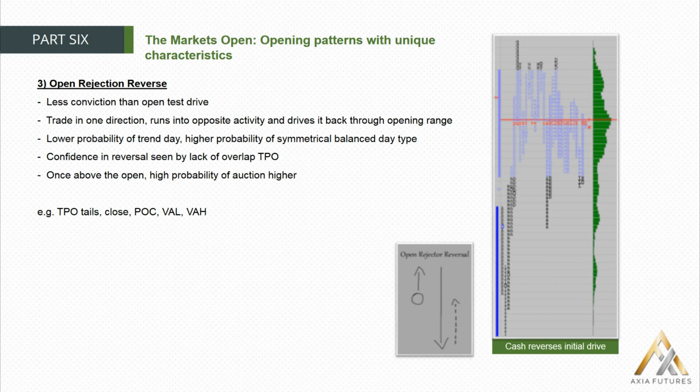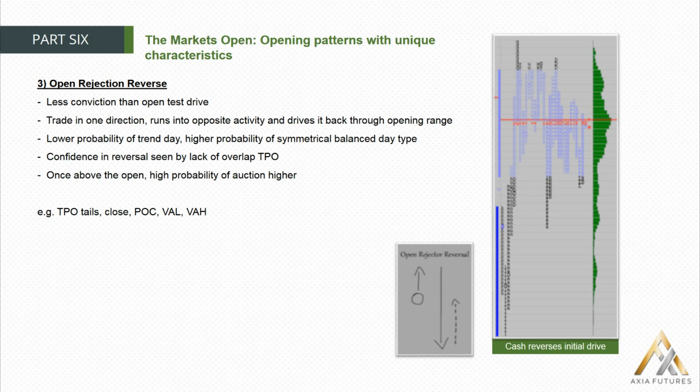Examples of what we would look for as early identifiers would be a TPO tail. So as you can see in the volume profile, we have the tail there, as well as obviously where we close on the previous day, or where the market is trading in terms of trade location. A lot of the time the market can open very far away from not just where it should be opening, but where fair value is,